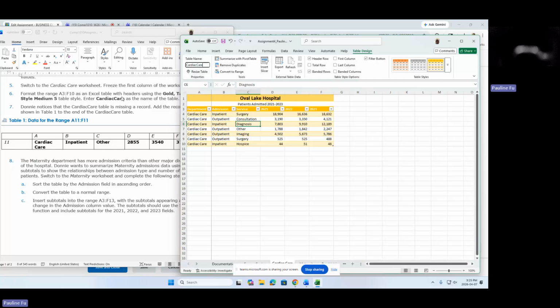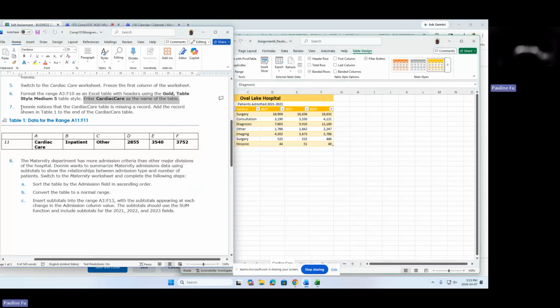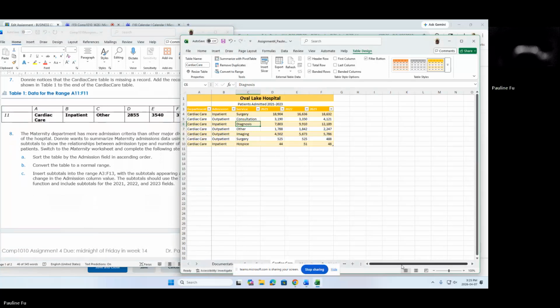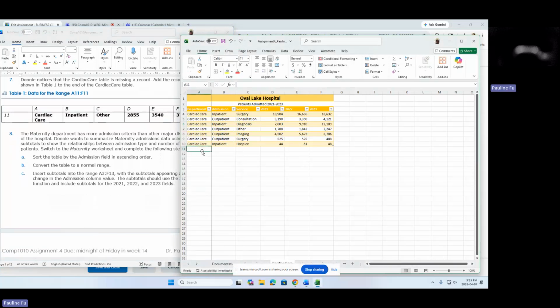Okay, so next, step 7. Downey noticed that the cardiac care table is missing a record. Add the record based on this table. Add a record based on this table. All right. So click cell A11. Type in cardiac care. Then press Tab